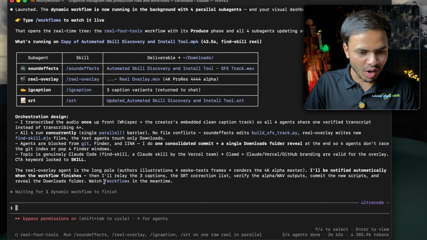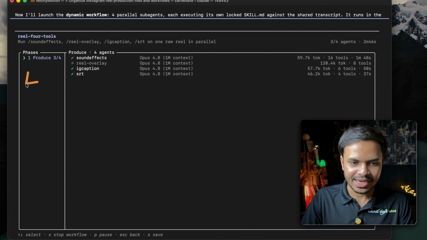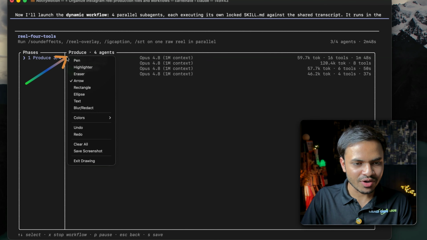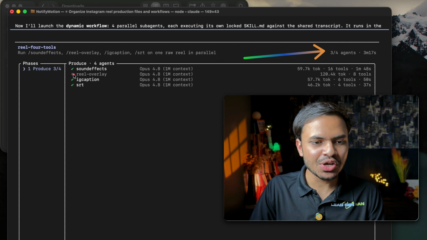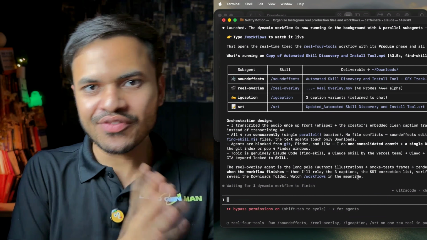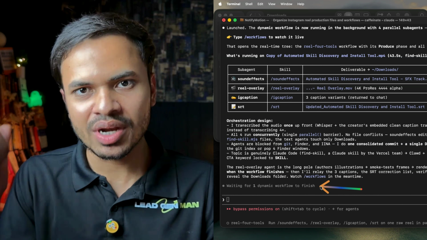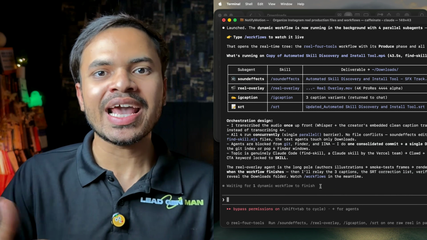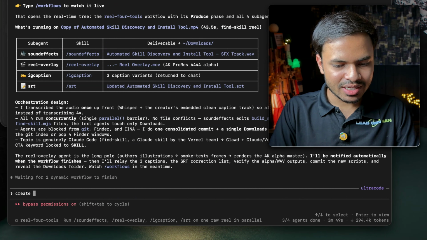So let's go back to our workflow dashboard. And as you can see, it is also done with the first agent, which is the sound effect one, and waiting on the last agent, reel overlay. Now in the meantime, you can assign it different tasks or create different sub-agents as you like, because the dynamic workflow is running in the background. So you can go forward and start chatting with Claude Code as you normally would. For instance, create